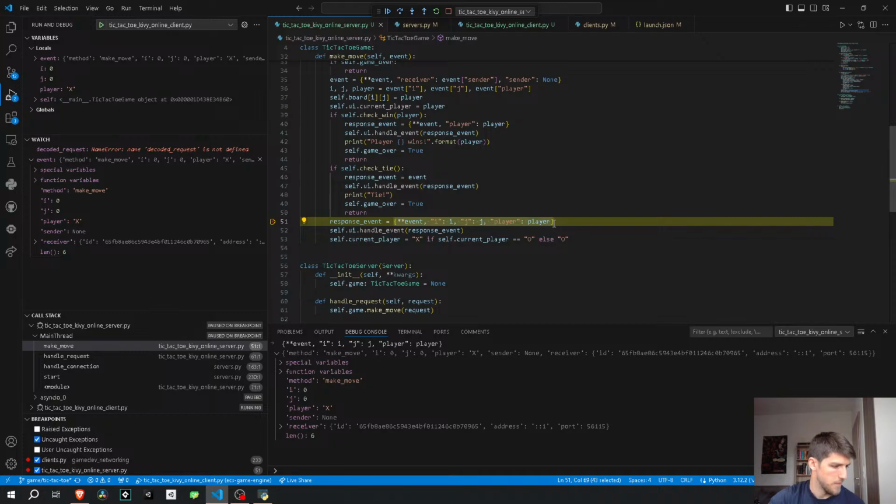And yeah, so what we can additionally do with that information is maybe save it somewhere in the game and not in the server additionally, which is already bad, but